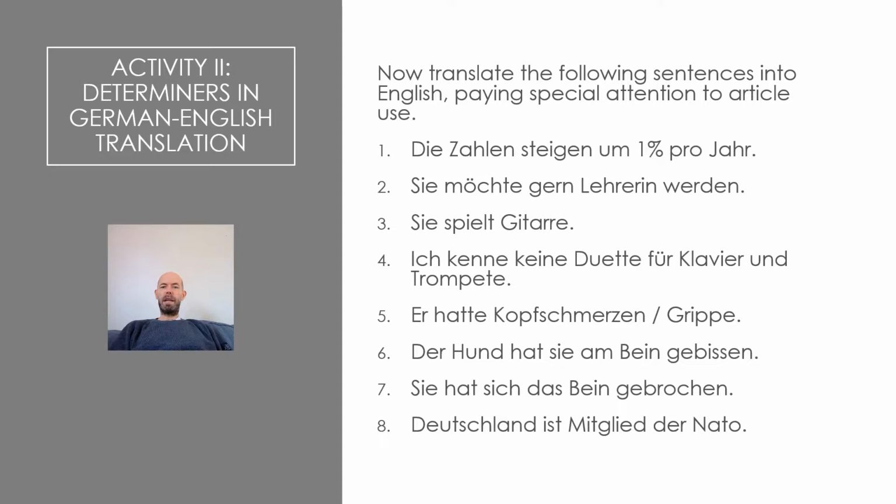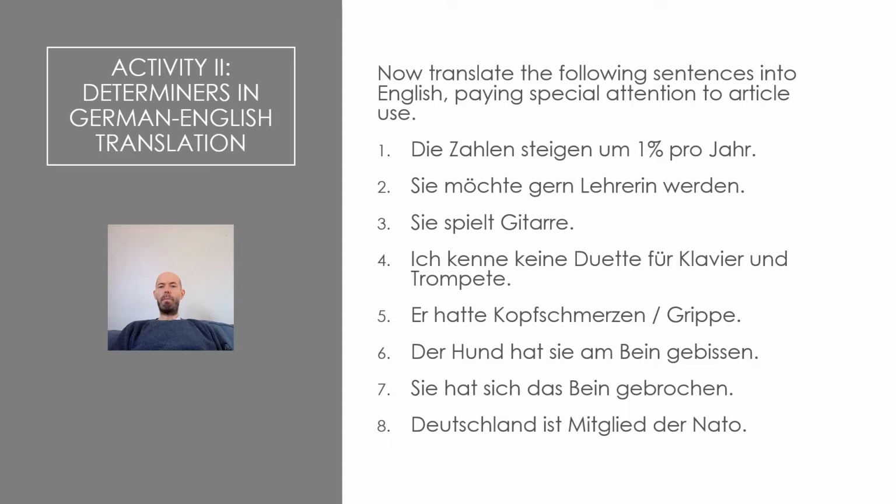She wants to be a teacher. She wants to become a teacher. Sie spielt Gitarre. She plays the guitar. The guitar. We need the definite article here in English. We said that the definite article is usually used with musical instruments. For is an exception because here we're talking about a musical score,